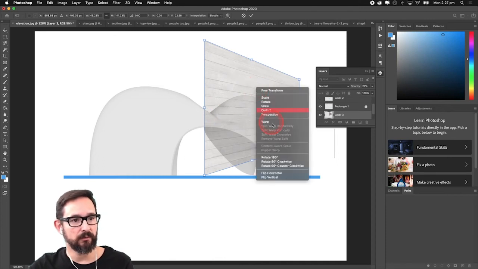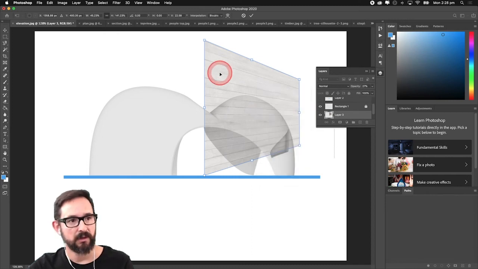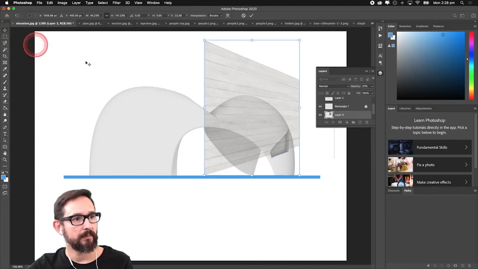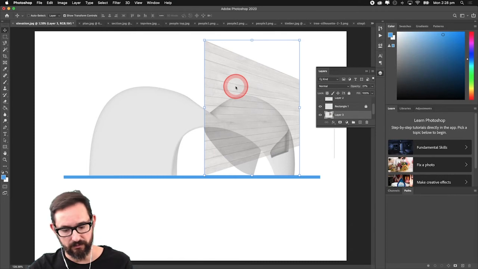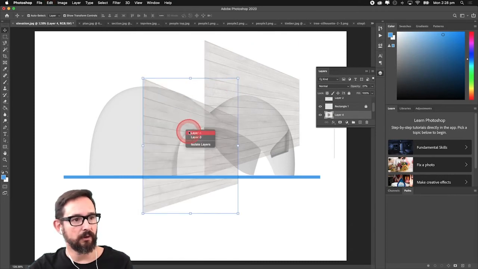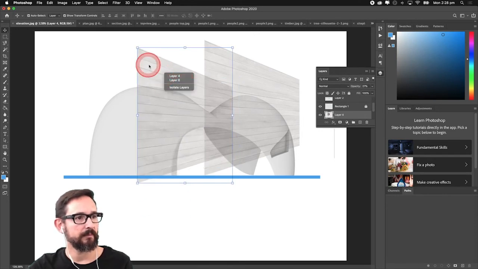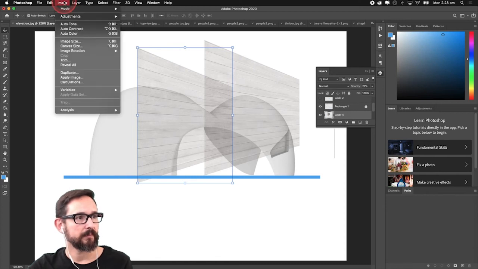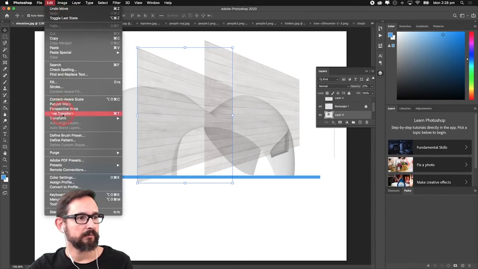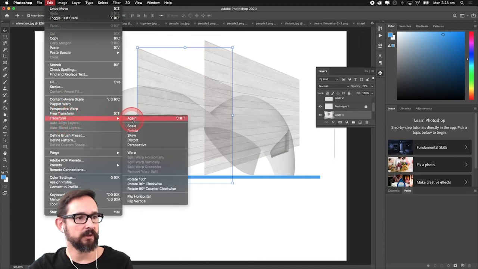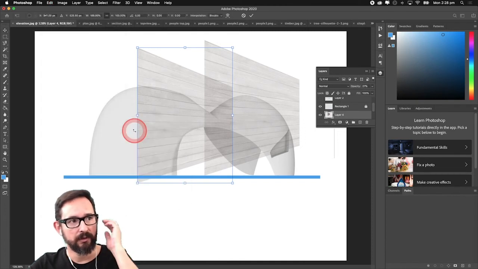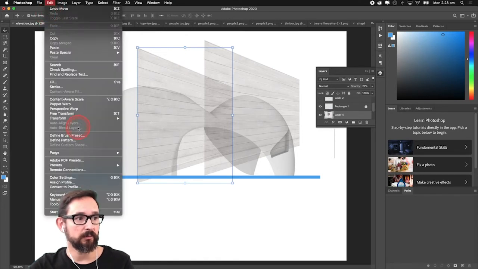You can, if you Control C, Control V, you will have another layer, and Control C, Control V, and if I go in this, select this layer just for trial, show you how it can be put in as perspective. You can skew, rotate. In this case, if you want to rotate, you can rotate vertically, or you can actually go, if you want to mirror, in this case that's what I wanted to